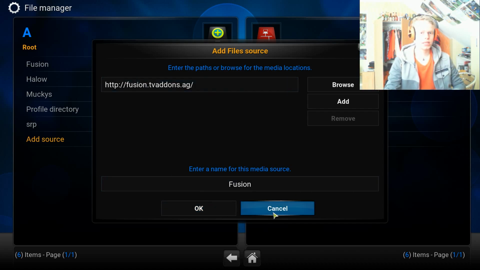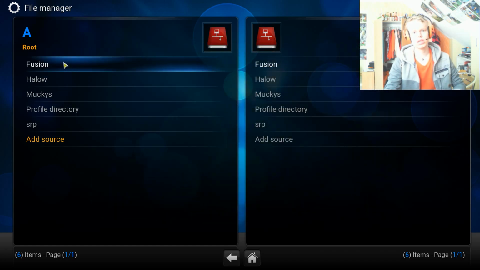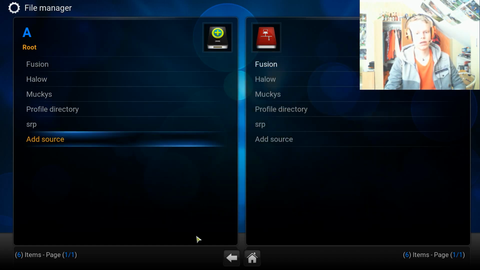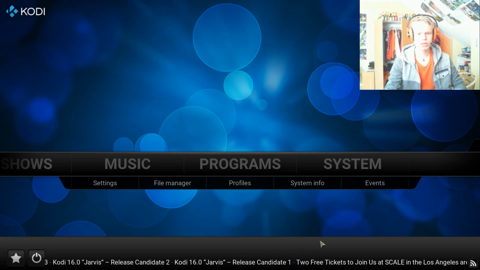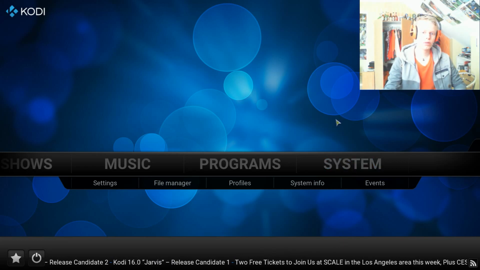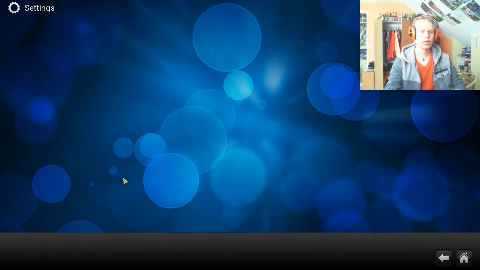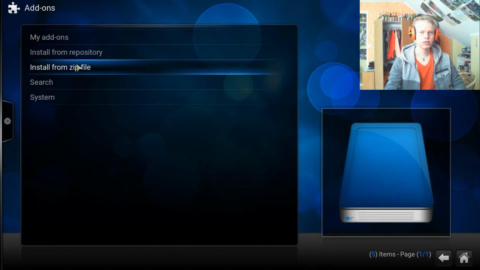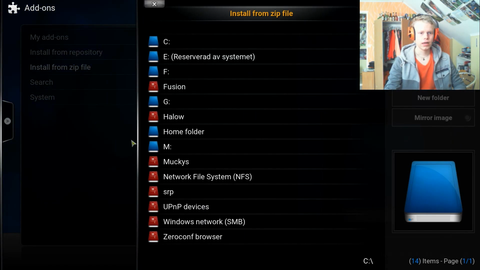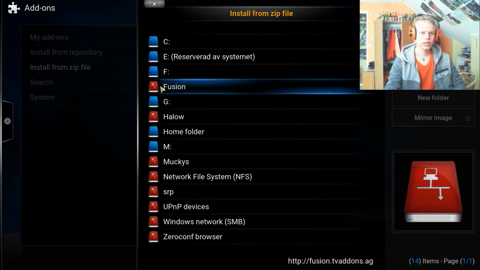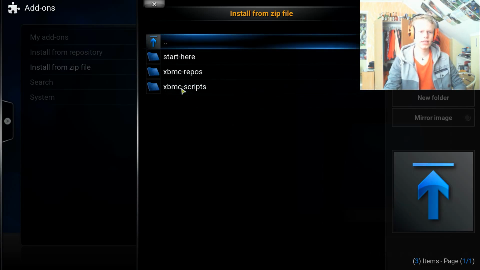I won't be adding it at the moment because, as you already see, I have it here already on my Kodi device. But once you've added it, go back to the main menu, go to settings, or just basically click System, go to add-ons, and go to install from zip file. Then find your newly added web location, Fusion over here. Click it and you'll be